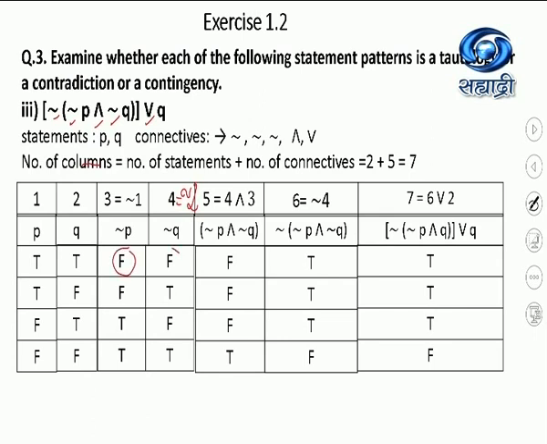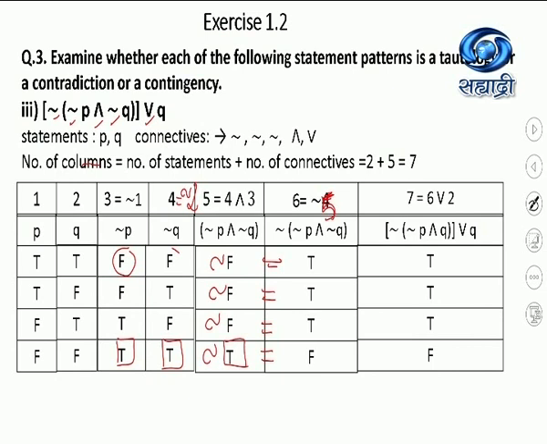And means what? What is the hint? Yes, only T and T is T. All the rest of the values will be F. Now I have to take the negation of negation P and negation Q. I think it should be the negation of column number 5. It's okay. So it will be negation of F is T, negation of F is T, negation of F is T, and negation of T is F.